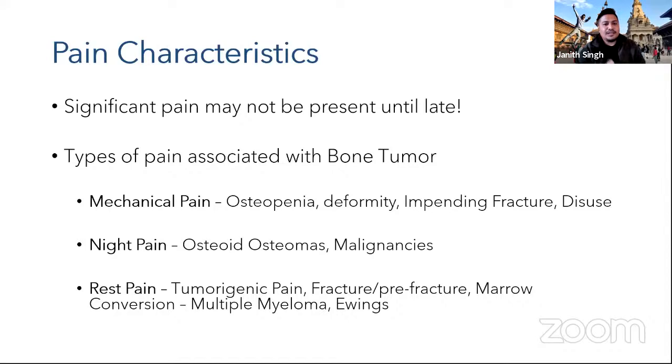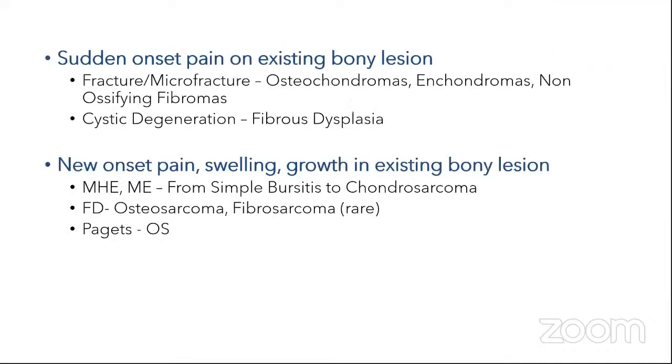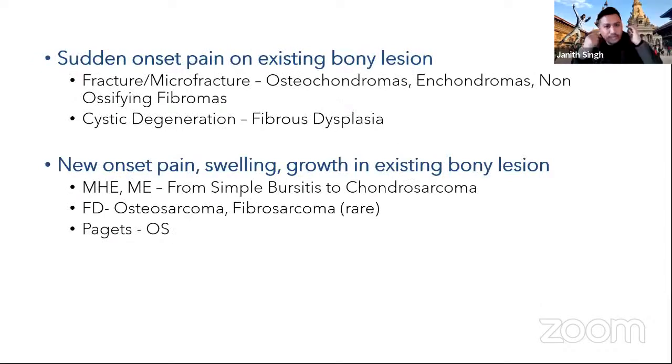There's a swelling, and then there's a lot of other things happening around before the pain happens. So patients usually present late. Now, if there's a sudden onset pain on an existing bone lesion, which might be the case in patients who already have a diagnosis of some sort of bone tumor, it could be due to a fracture or microfracture,